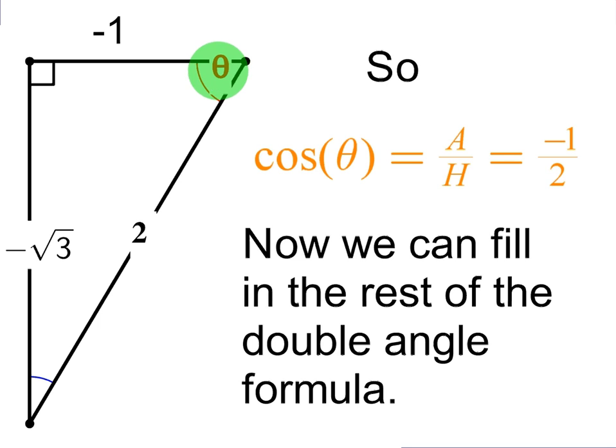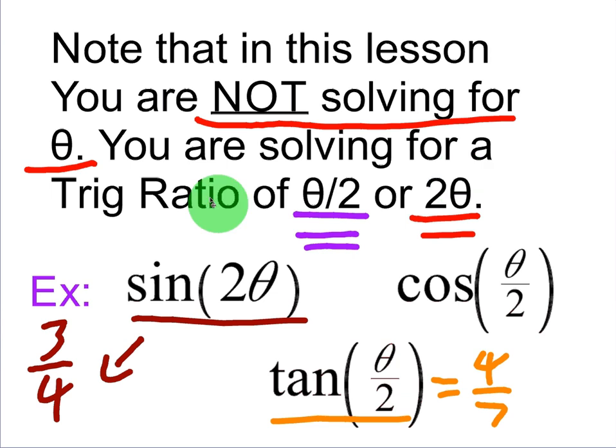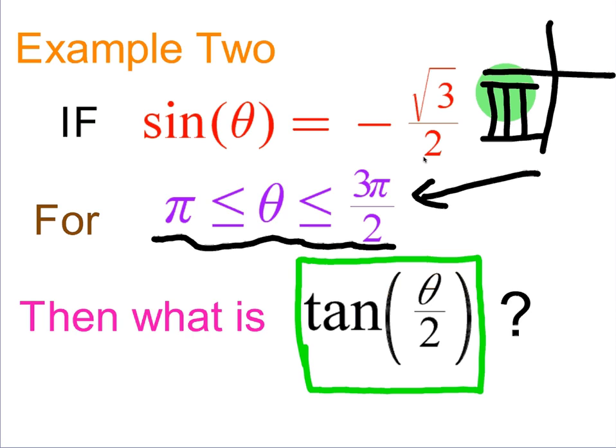As I've said before with this lesson, this is not asking for what theta is. And I'm repeating that because my students in the past have insisted on that. But it's in fact not. If you read the question, it's just asking for what is tangent of theta over 2. And remember, that's just a ratio we're going to get back, or some number, right? It's not an angle. It's a ratio of two side lengths,